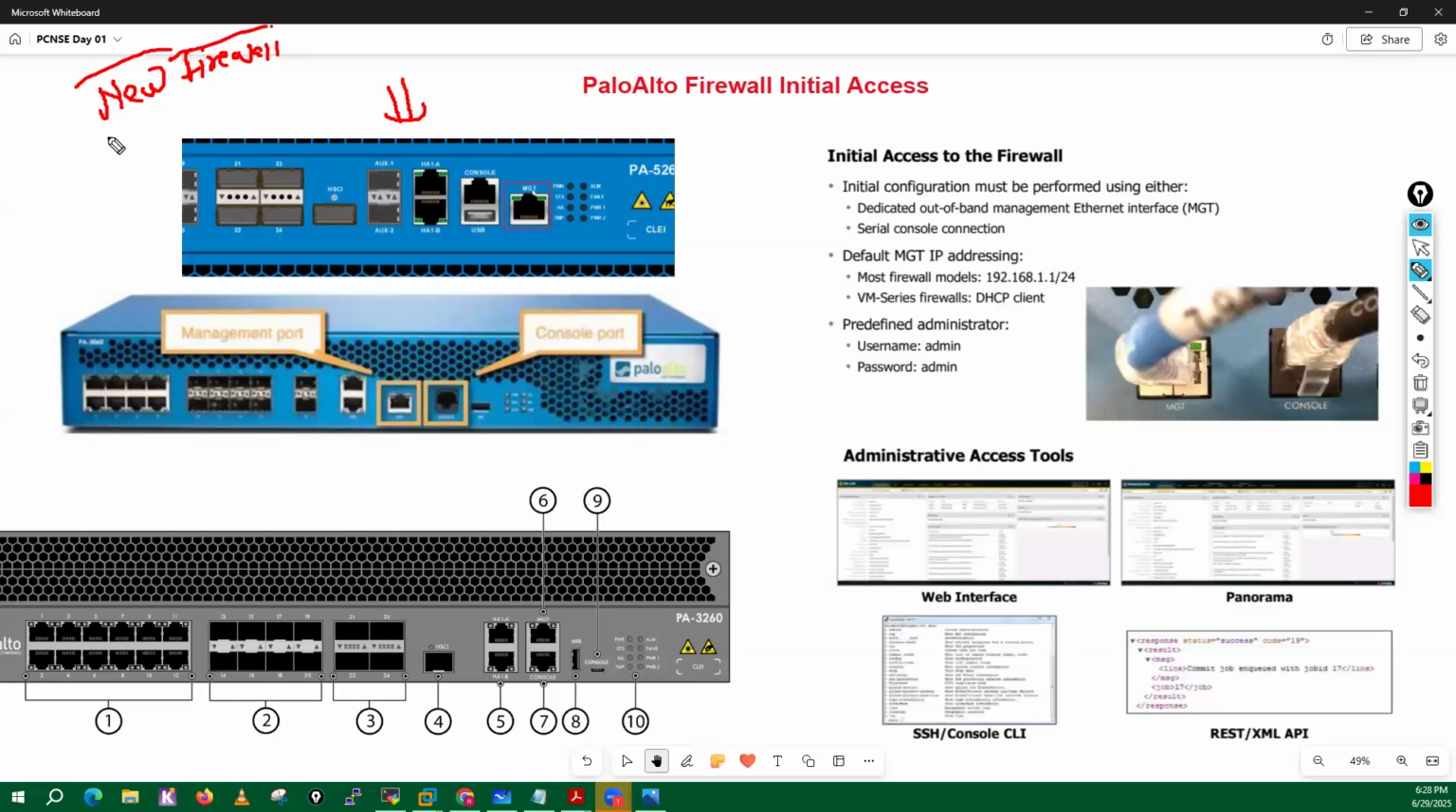And now you want to start doing some configuration on that particular box. What are the steps you have to follow? Because the very first task for you is to get the access of this box, get the access of this particular firewall. Okay. So,